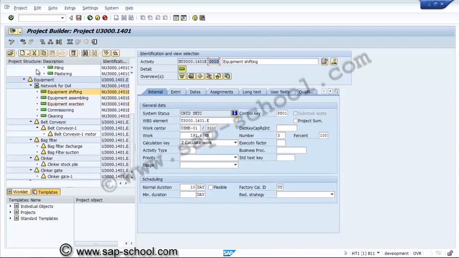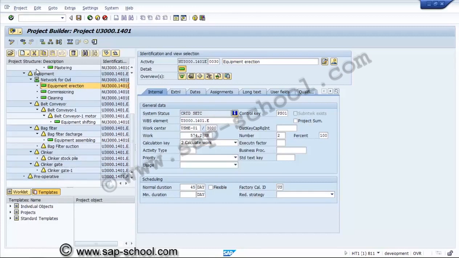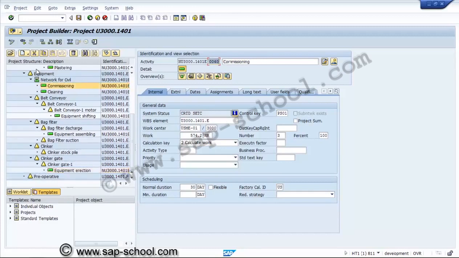So we are shifting here. Assembling. Whenever we create the activities, we have to do it in a logical way so that we can use them whenever required.